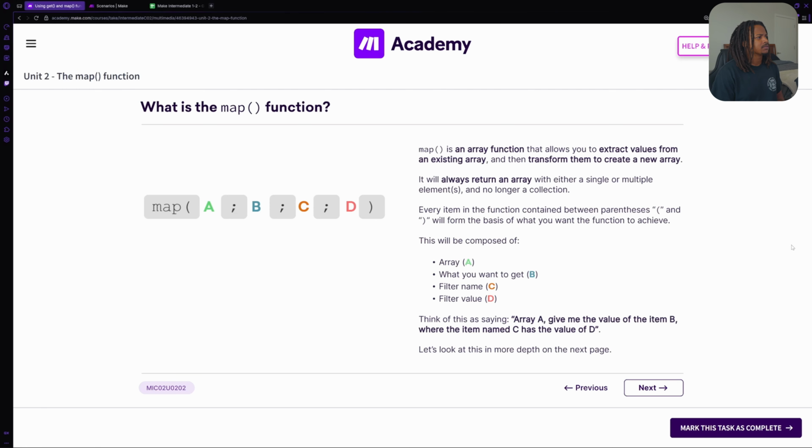What is the map function? Map is an array function that allows you to extract values from an existing array and then transform them to create a new array. It will always return an array with either a single or multiple elements and no longer a collection. Every item in the function contained between parentheses will form the basis of what you want the function